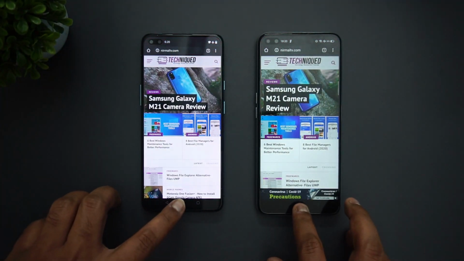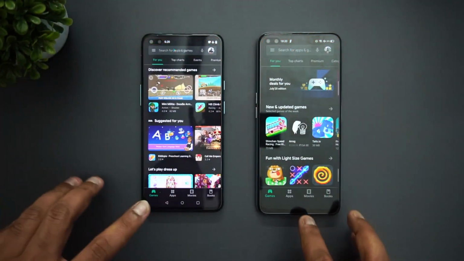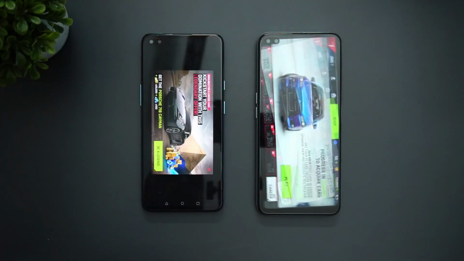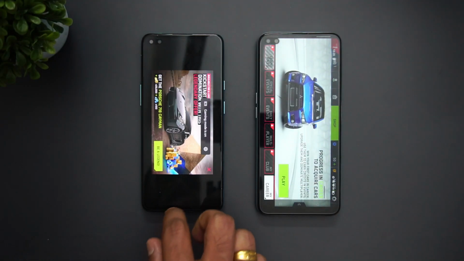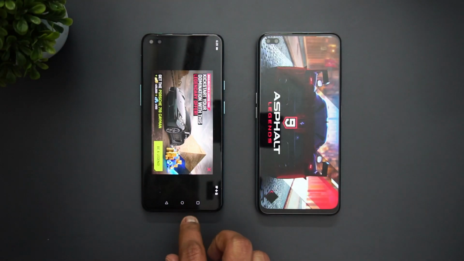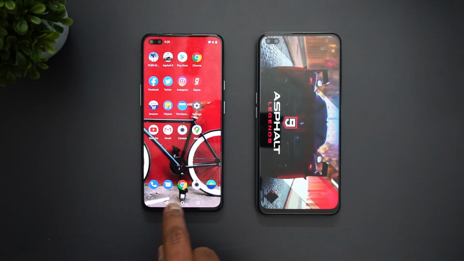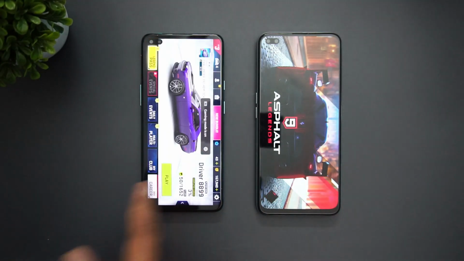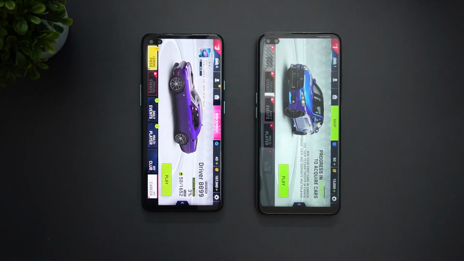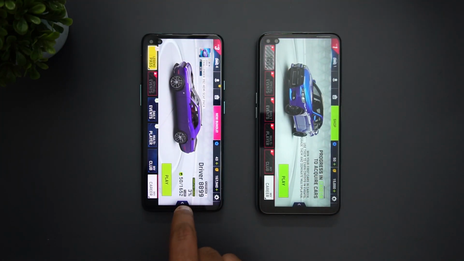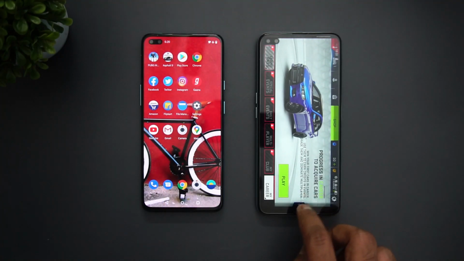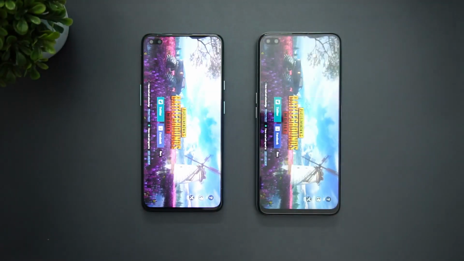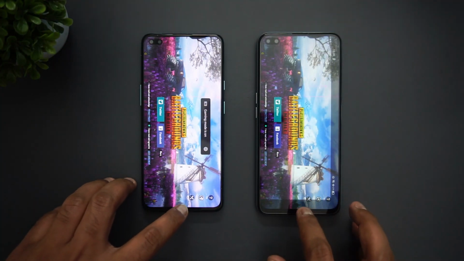Now Chrome browser is also available. Play Store is available. Now next let's see the games. Again both the devices have the games in the memory. In fact here you could see that it's a bit loaded here. In fact this reloaded. Here you could see that this is available. So that could be an advantage. So this is reloaded, while on the OnePlus Nord it was not reloaded. So that's something which is different. Now next is PUBG Mobile. PUBG is available on both the devices.